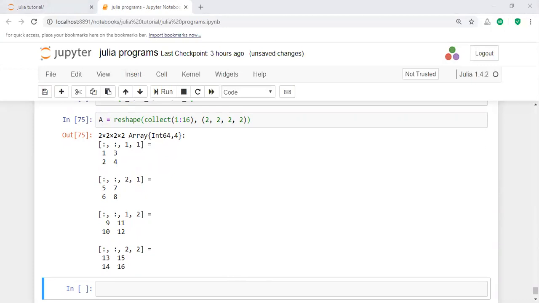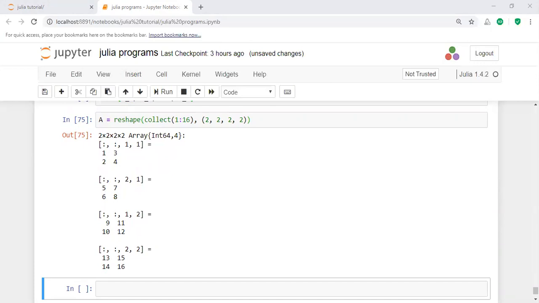In this way, the elements are 1 to 16. The elements come from 1 to 16, 2 comma 2, and then the index here, the array elements are 4 elements, 1 2 3 4. Here the 1 2 3 4 means the 2 by 2 elements, and after that 5, 7, 8, 9. In this way you will implement the indexing concept.